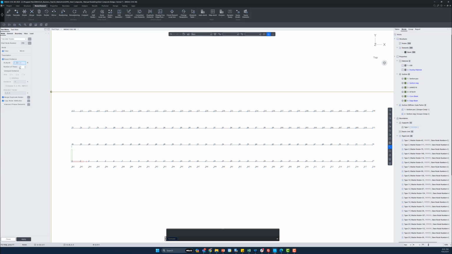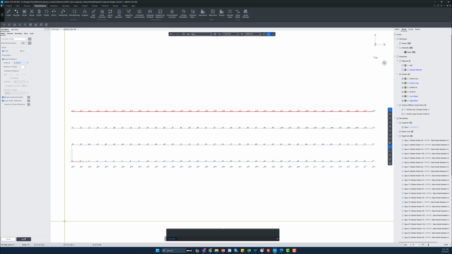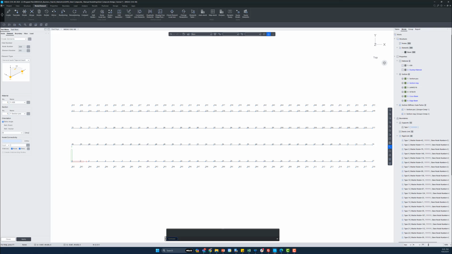I'll just change this value to positive 3.5. Again, select all the nodes that have to be translated, and click apply. Here, so now we have created the nodes for our edge beams. So once the nodes for our edge beams have been modeled, now let's go back to our presentation,